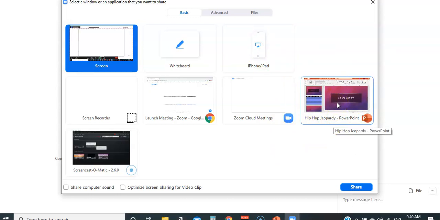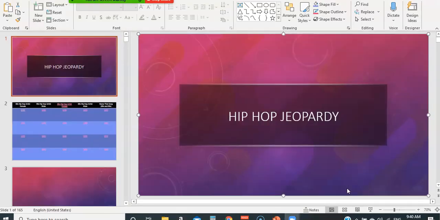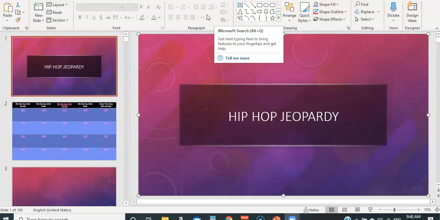When you purchase the game, you should have downloaded it to your computer. You open the file. It opens in Microsoft PowerPoint. And now you're sharing that screen. So I clicked on it. You see it's highlighted in blue, and then you click share. Perfect. And as you can see, well, maybe you can't see, my Zoom taskbar is above this screen, but it's